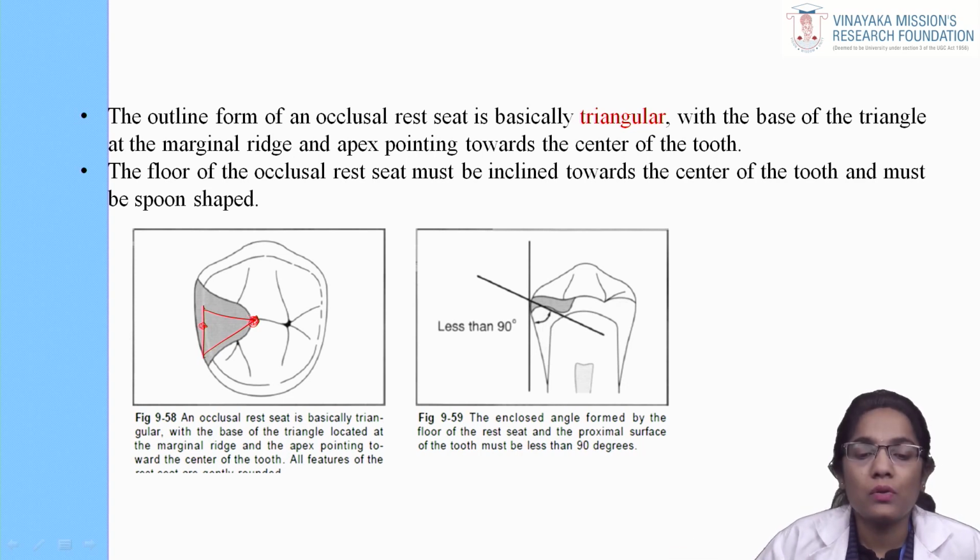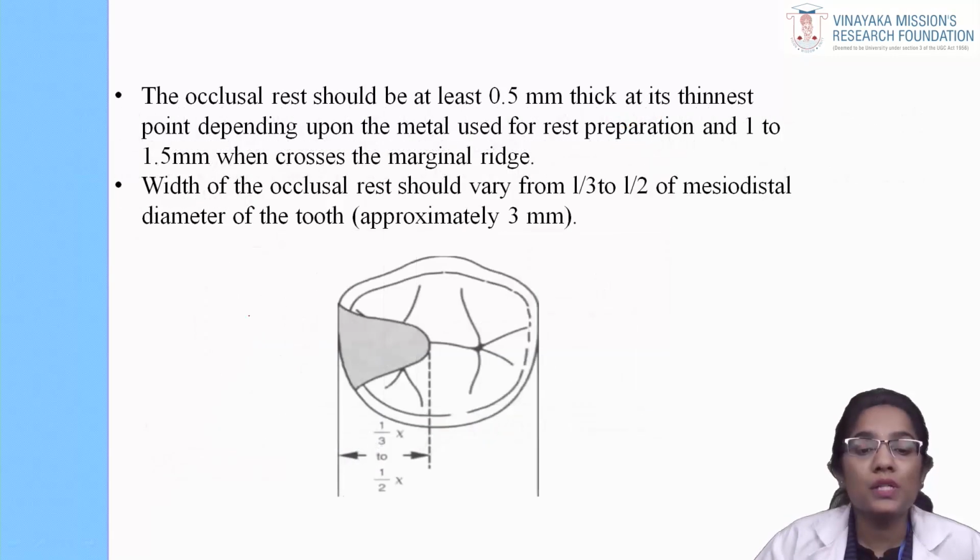The floor of the occlusal rest seat must be inclined towards the center of the tooth and must be spoon shaped. The occlusal rest seat should be at least 0.5 mm thick at its thinnest point, depending upon the metal used for rest preparation, and 1 to 1.5 mm when it crosses the marginal ridge. The width of the occlusal rest seat should vary from 1/3 to 1/2 of the mesiodistal diameter of the tooth,